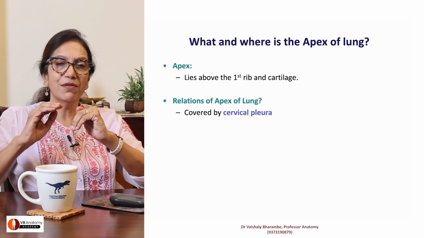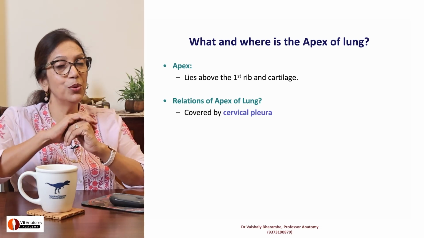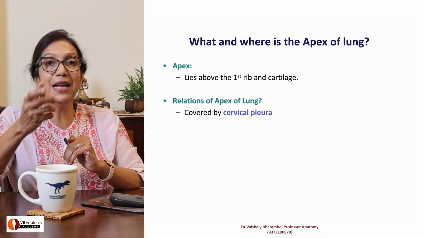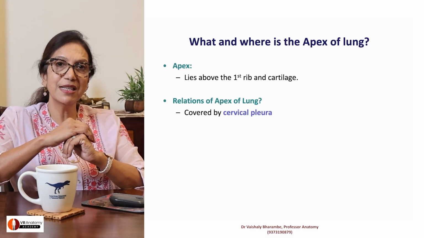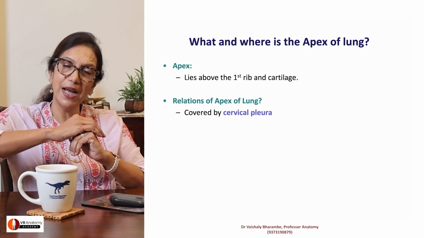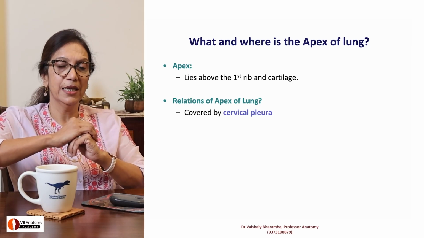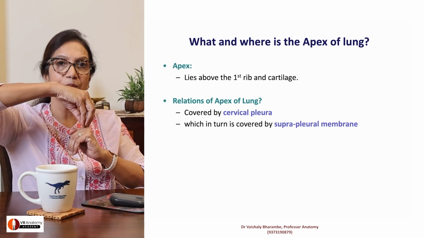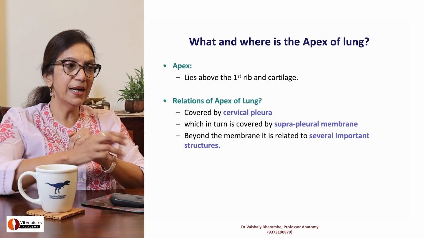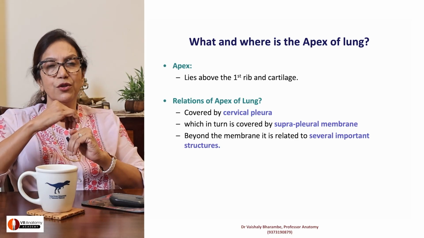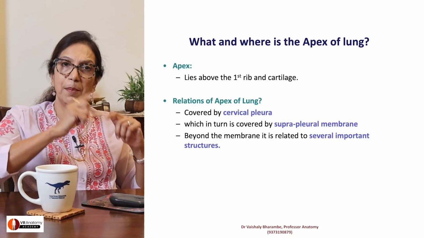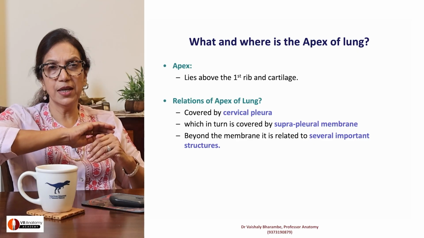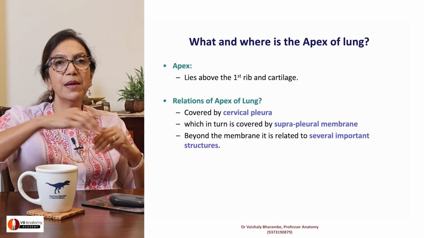If this is the apex of lung, it's covered by cervical pleura, of course. Remember, lung is always covered by pleura, visceral and parietal. So imagine there is visceral, then there is pleural cavity, and there is cervical pleura, okay, parietal. Above that, you have another layer called the Sibson's membrane, okay. So above that, it's related to a lot of important structures. So let's try this again. Apex of lung covered by pleura, covered by suprapleural membrane, and then related to a lot of very important structures